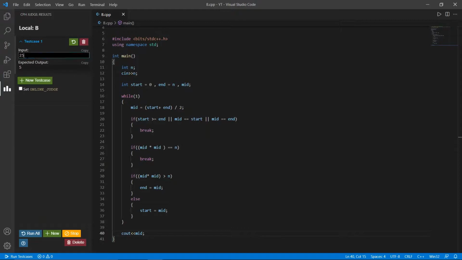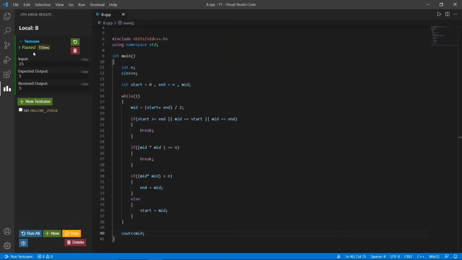Okay, the square root of 25 is 5, so the answer must be 5, and it will be 5. The test case is pass. You can see that 5 is written here. Okay, we'll check for another.